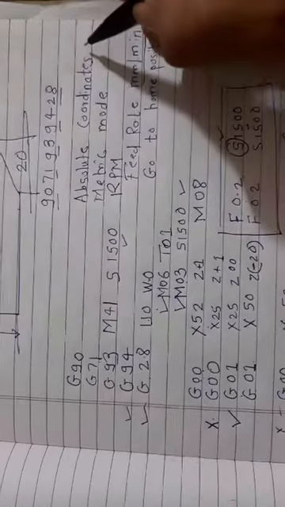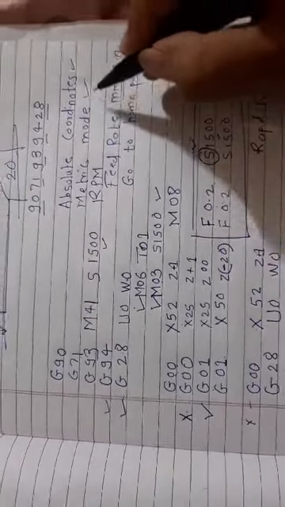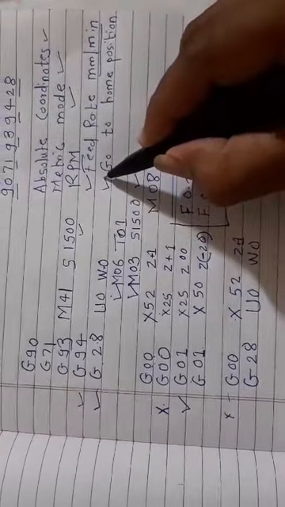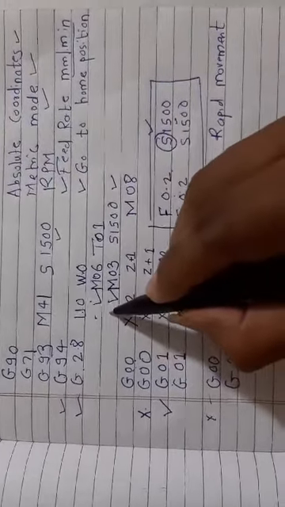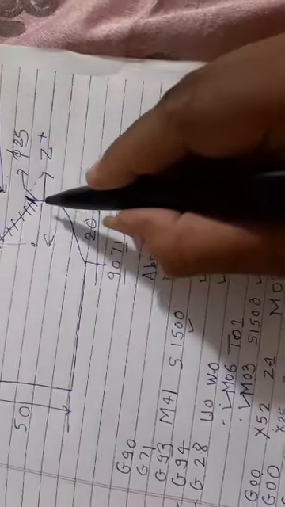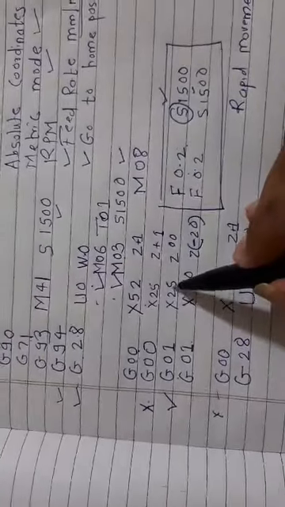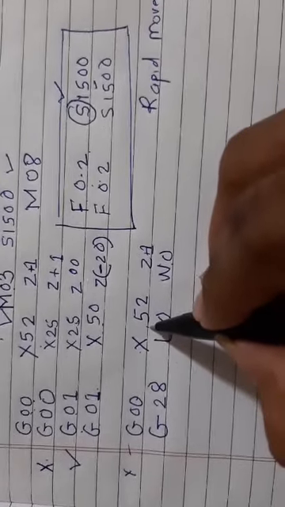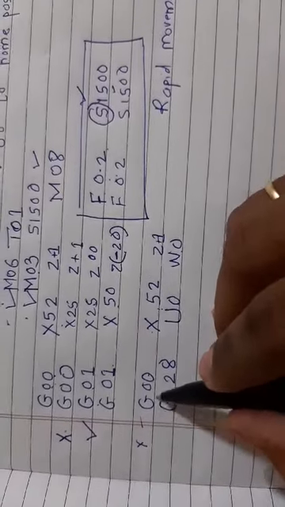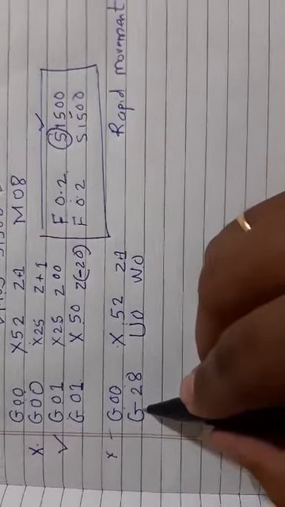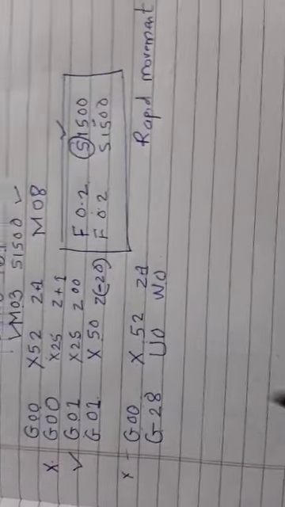So first of all we have defined the absolute coordinate system, then we have defined its mode, then we have defined its RPM, then we have defined its feed rate, then once again home position, then tool change, then spindle start, then the tool is taken near to the workpiece, then it is taken near to the taper point, then it is taken on the workpiece by using G01, then it is moved along this path so as to finish the component, then once again it is moved back to the original position by using the rapid movement command, that is G00, then it is sent to the machine 0 position or home position by using G28 code. So here all the operations are over.